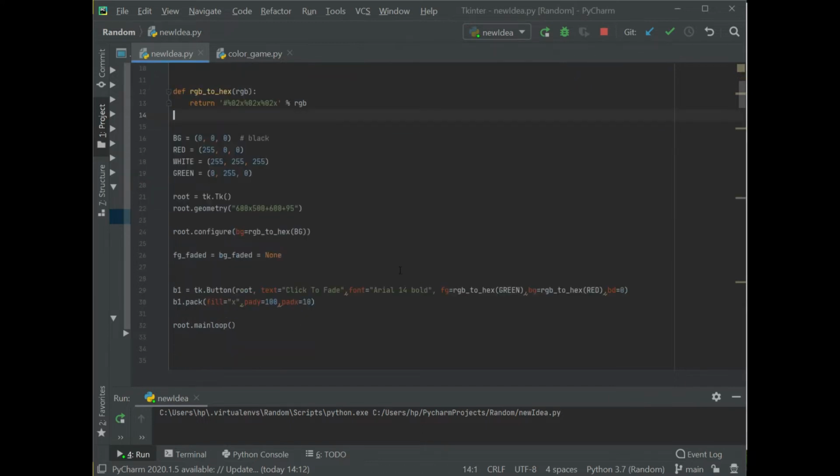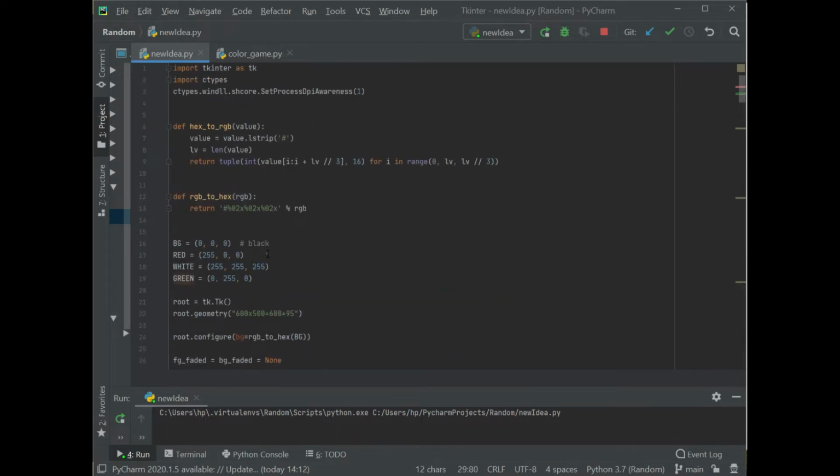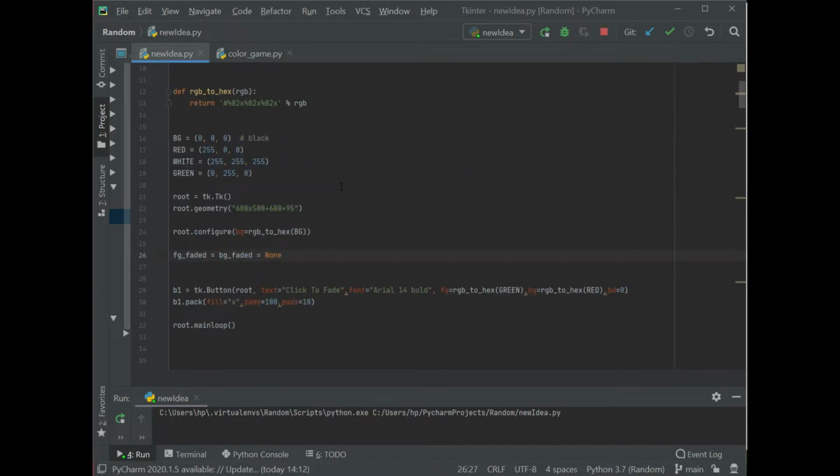First of all, let me explain these two functions. As you know, the Tkinter widgets accept the color in the hex format, so we can't provide the RGB, that is this triple, to this. So we will manipulate the colors, and after all the operations are done, we will just pass it to this function RGB to hex. This function will convert the RGB to the hex format, and we will use that for the button. The only task of these two functions is to convert RGB to hex and hex to RGB and nothing else. Now let's implement the main function to fade the button.